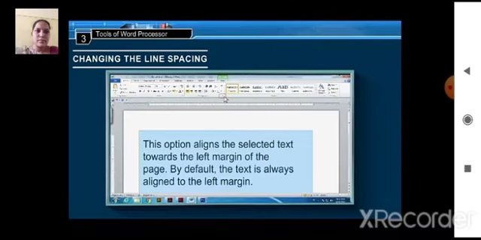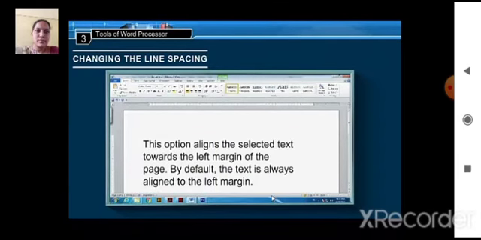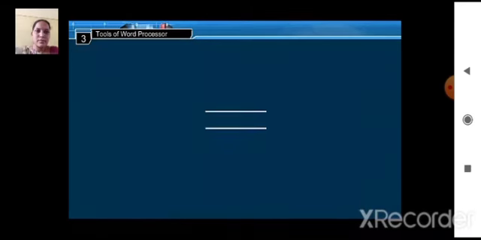Or, Step 1. Click on the Paragraph dialog box launcher on the Home tab. The Paragraph dialog box appears with the Indents and Spacing tab opened by default. Step 2. Click on the drop-down arrow of the line spacing option and select the required line spacing. Step 3. Click on the OK button and observe the change. Note, by default, the line spacing is set to 1.0.